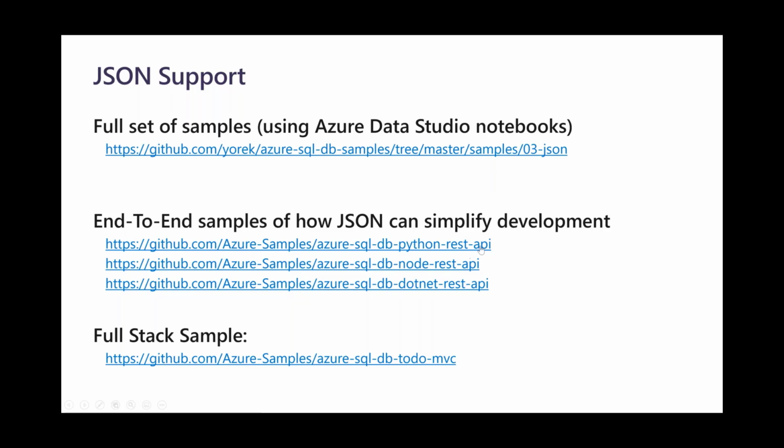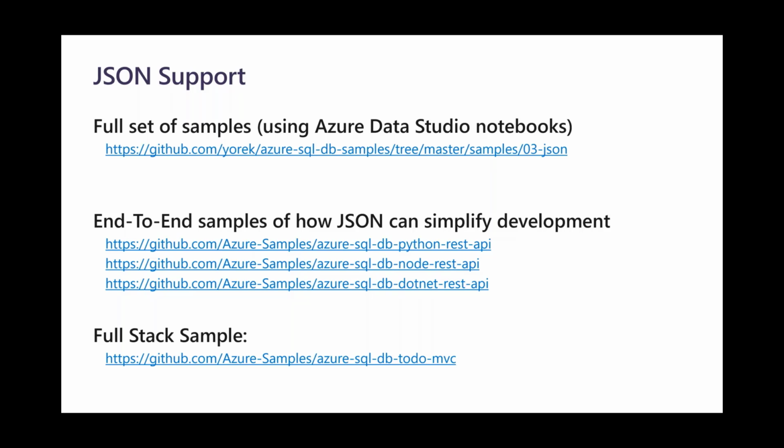These three are pretty neat, a very simple way to interact with SQL using a Python REST API, .NET, or Node REST API. And finally, this is a full stack application example. This is just a to-do website. You pull up a website and say, this is my task to do. I enter something, just a one-liner, edit it, delete it, and so on.